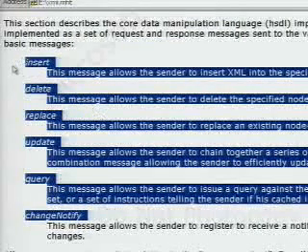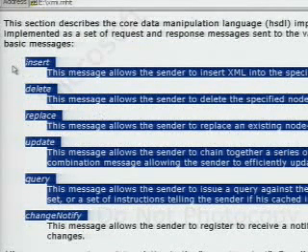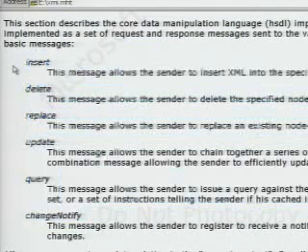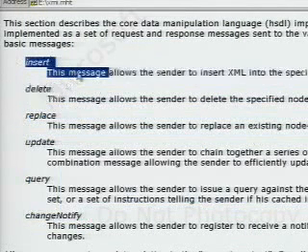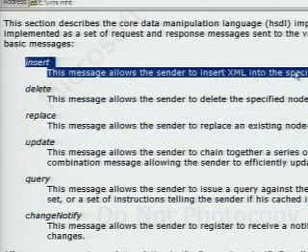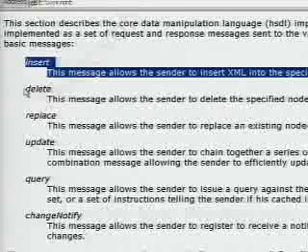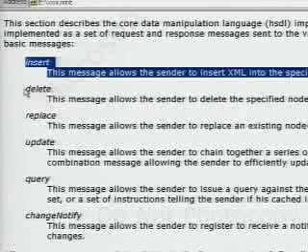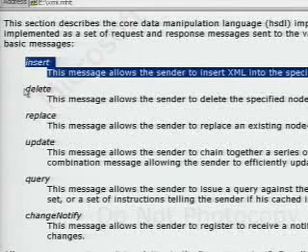And so we've got operations like insert, delete, replace, update, query, and change notify. The first couple of these are all data manipulation, like insert, which is, I want to insert some data into this XML document that represents your data or my data. So I ship over an insert request. Or delete, I want to delete something. Or replace, which is basically thought of as an atomic delete and then an insert after the fact. So it's just a replace of what's there. Update allows us to cat together a bunch of these all in unison, and query allows us to query the database.